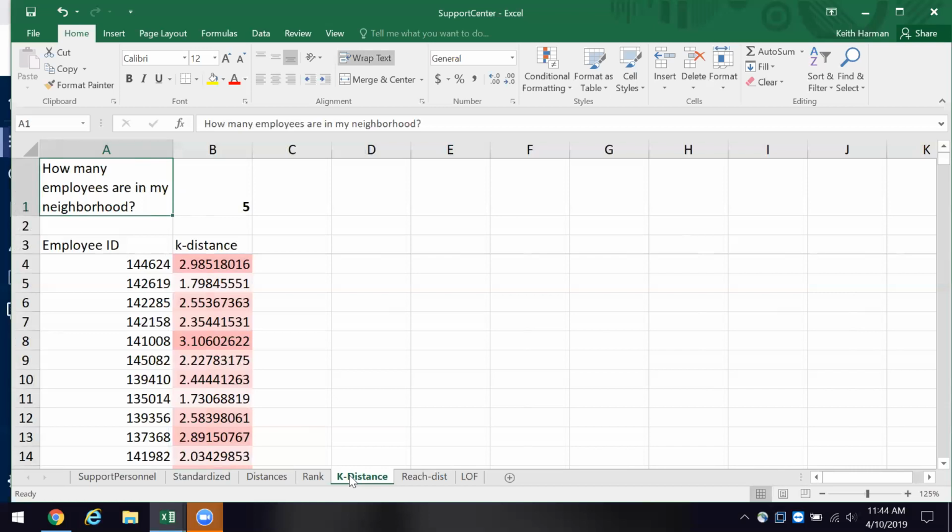Right? Remember, we're talking about where they are on the graph. We're talking about where they are in terms of nodes. And if I look at K-distance, that's the distance of an employee to their kth neighbor. So if K is 5, I want to know how far everybody is from their fifth closest neighbor. You could go K6, you could do whatever. We work with 5.